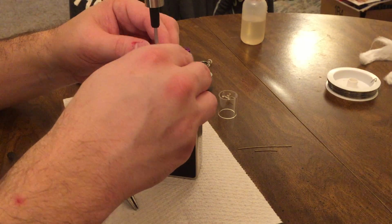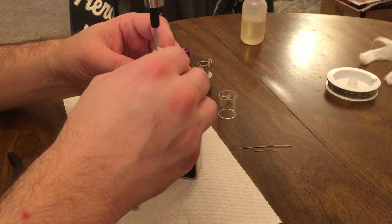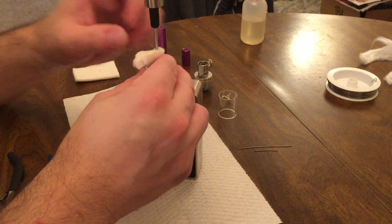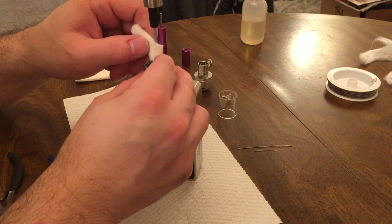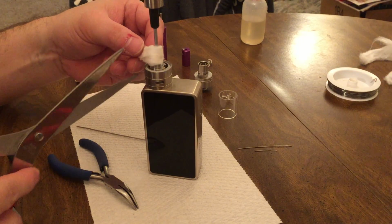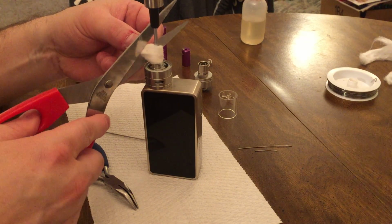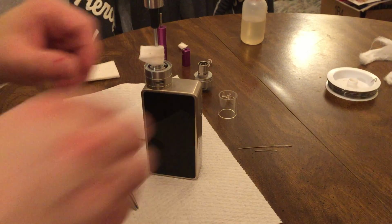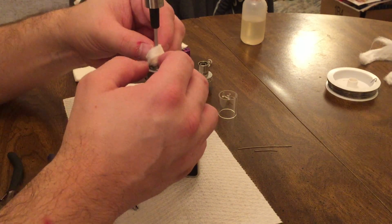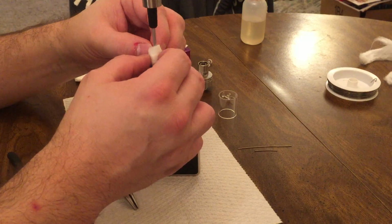The other thing is you're going to want to saturate this before using it, because with all this cotton in there, if any of it is dry, you're going to definitely burn that cotton, and then you're going to get nasty hits. Nobody's going to be happy, and you're going to abandon it, go back to the horizontal coil builds that everybody has been building on these. So anyway,